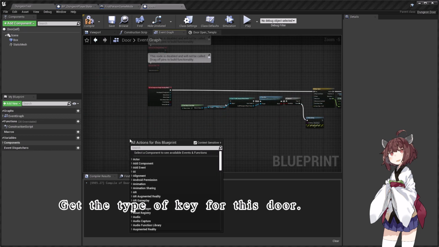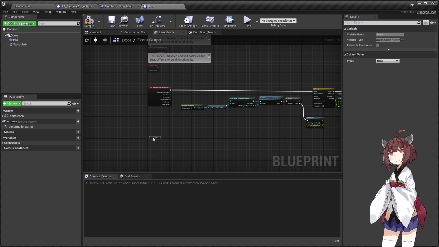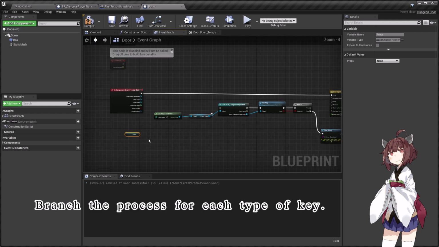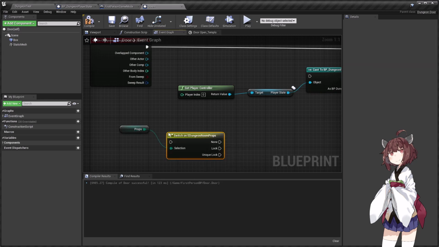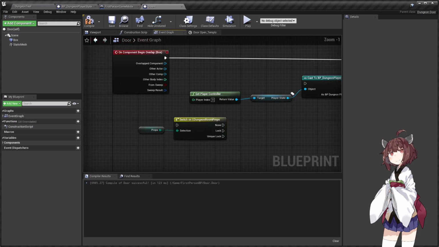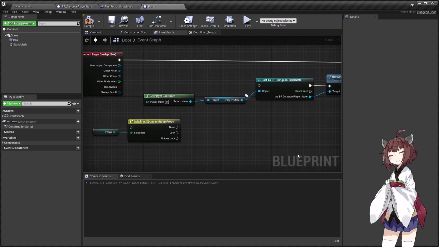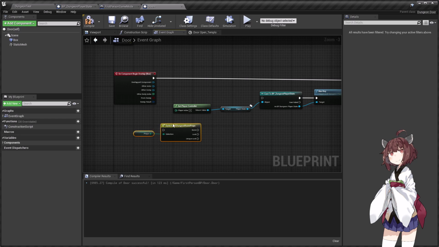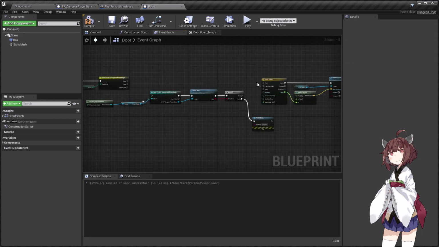Get the type of key for this door. Branch the process for each type of key. None is a door with no key.